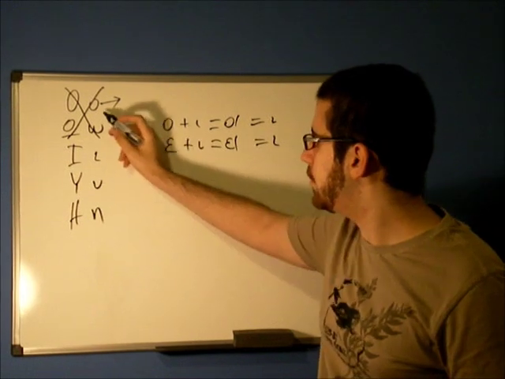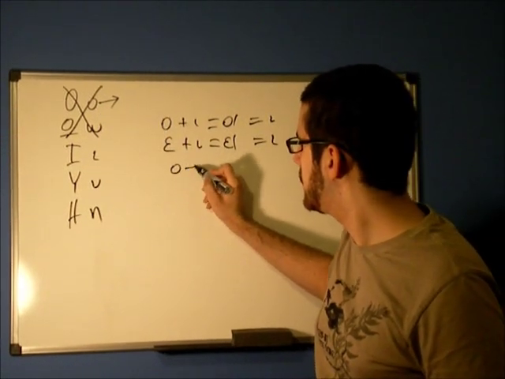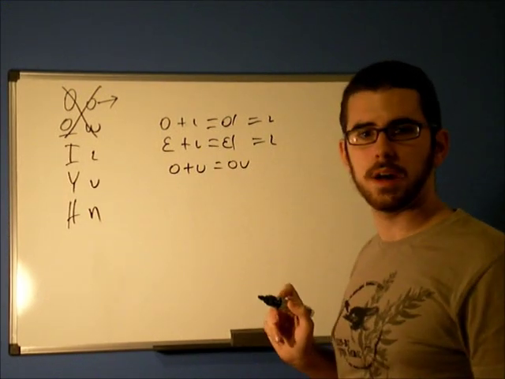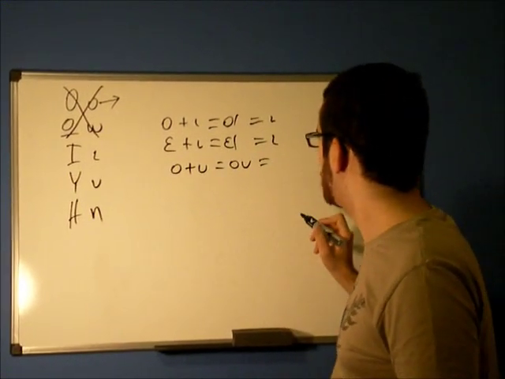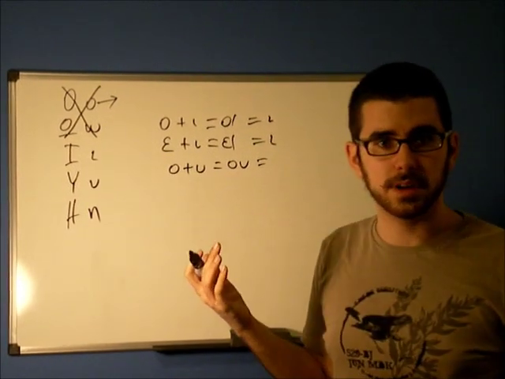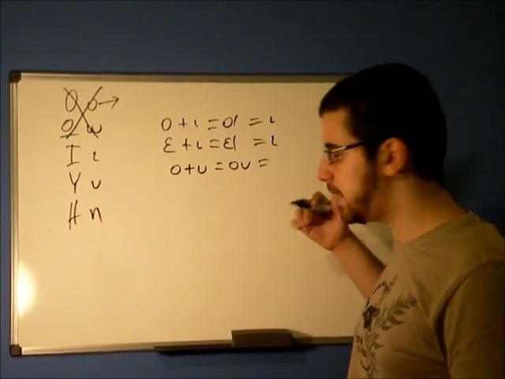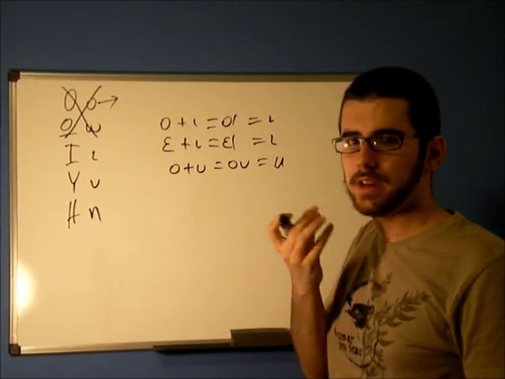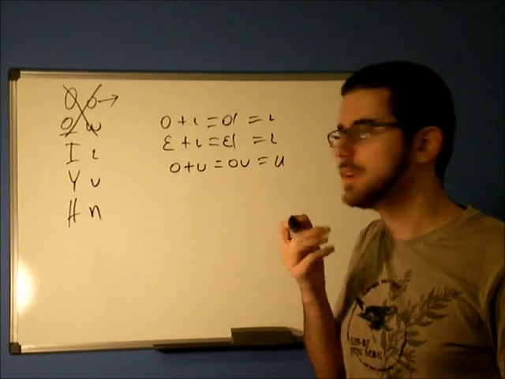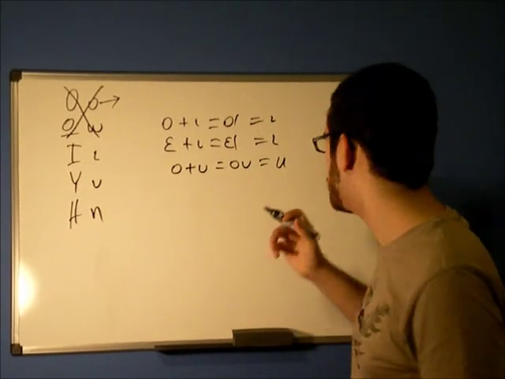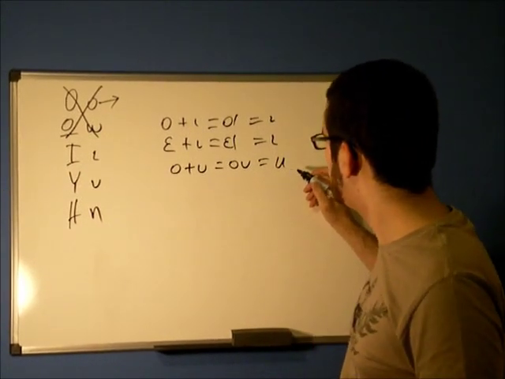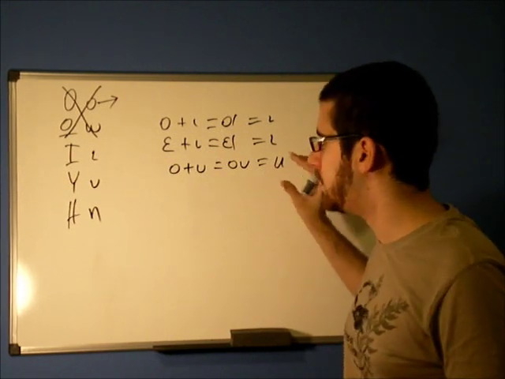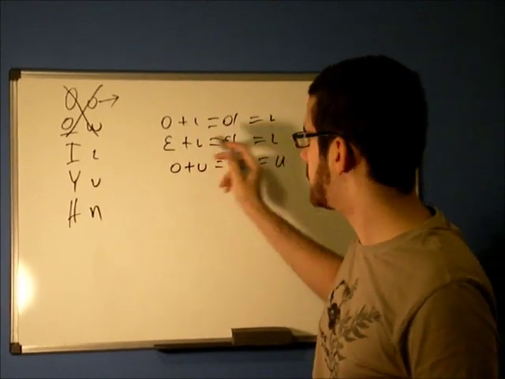If I actually take omicron and add it with upsilon, this is U. I don't really know how to describe it, but this is the way we say U. The sound U exists in Greek, but the letter U does not. It's not U like in English. U has kind of a nasal feeling to it. It's very throat based. There are a lot of these things that create a lot of complications, because if you take this column now,